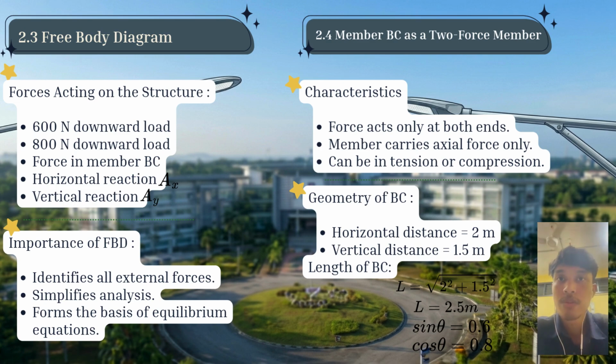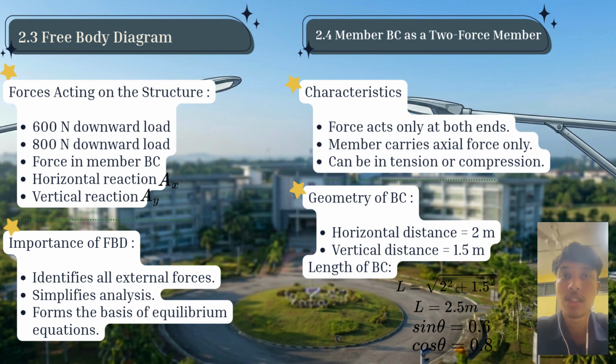The geometry of member BC forms a right triangle with a horizontal distance of 2 meters and a vertical distance of 1.5 meters. Using the Pythagorean theorem, the member length is calculated as 2.5 meters. From this geometry, we obtain the sine and cosine values required to resolve the force into horizontal and vertical components